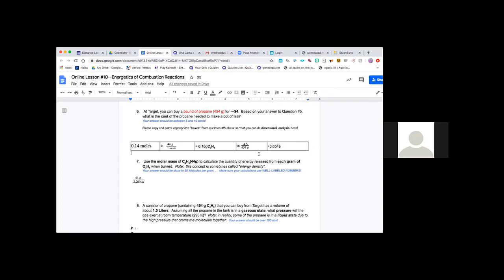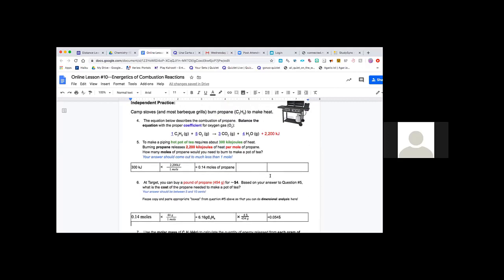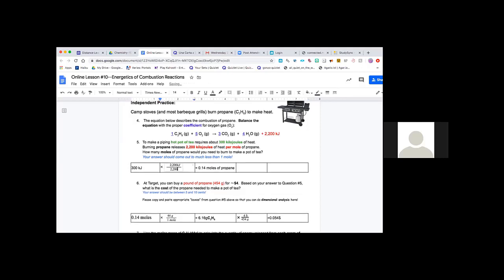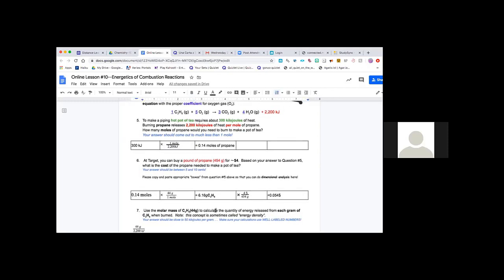Before I leave you, take a look at number 5 and tell me what's going to cancel the way you've set it up. The kJ is supposed to be on the bottom. Yes, exactly so. And then it'll make sense. Because the way you have it right now, the answer should be 300 times 2,000, and that's not right. Okay. All right, perfect. There's some skill right there. Looks great.